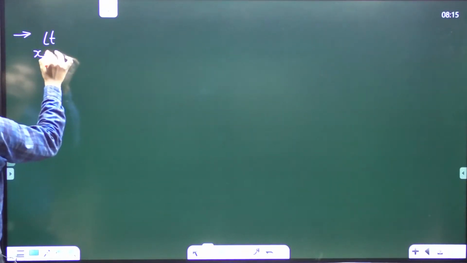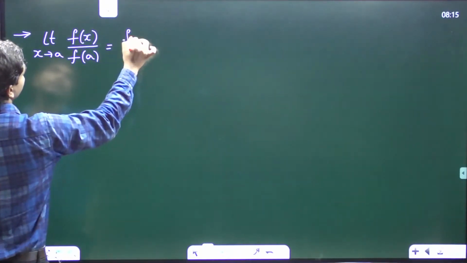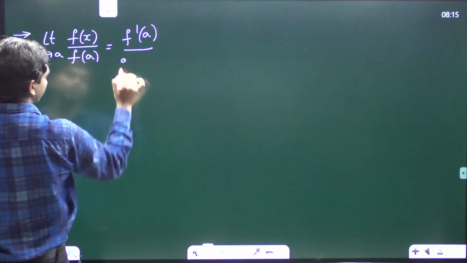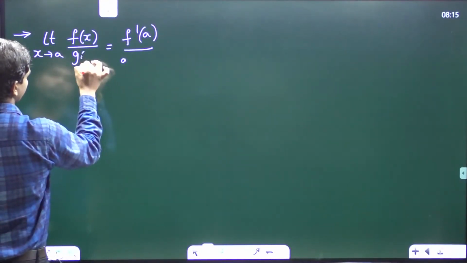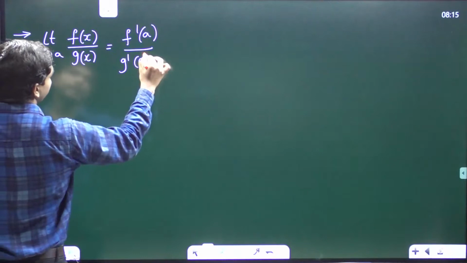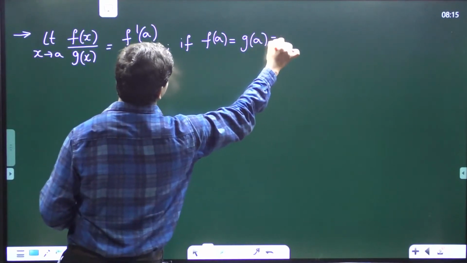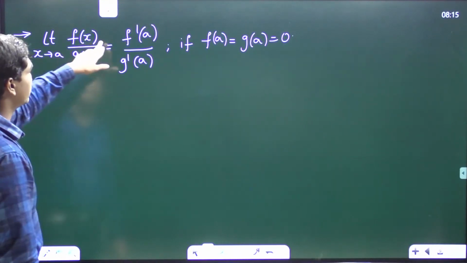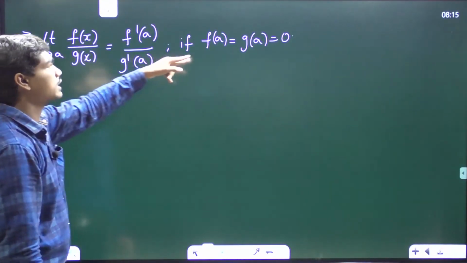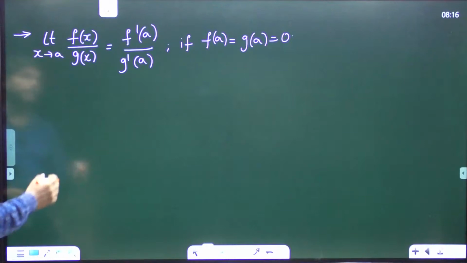For example, we have the limit as x tends to a of f of x divided by g of x, which is equal to f dash of a divided by g dash of a, if f of a is equal to g of a is equal to 0. Correct? Because if you take x tends to a, and both f of a and g of a give zeros, then you'll be getting the 0 by 0 form. So you have f dash of a divided by g dash of a. Okay, so now if you see,